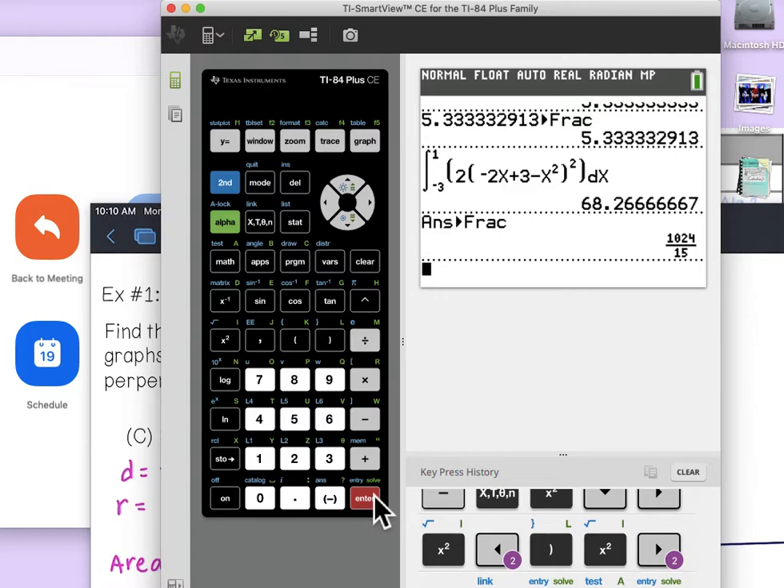times the radius squared. So if I want to simplify this just a little bit, if I square that 1/2, I get 1/4, multiply that by the half that's on the outside. So now my volume is going to be negative 3 to 1 integral of that 1/8 pi times negative 2x plus 3 minus x